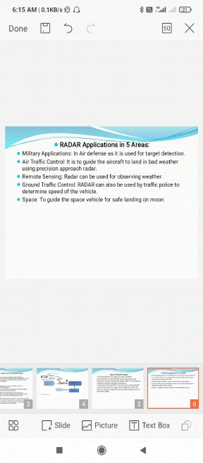And the last one is space, to guide the space vehicles for safe landing on the moon. There are so many applications of the